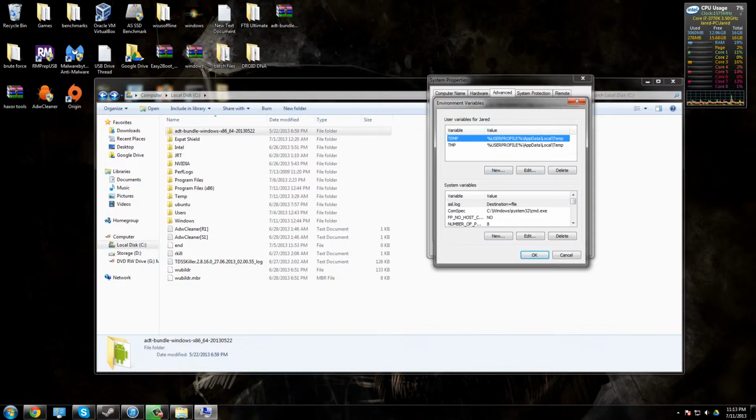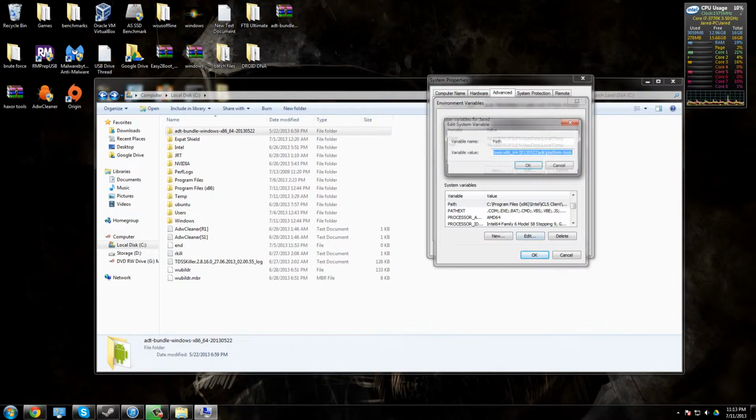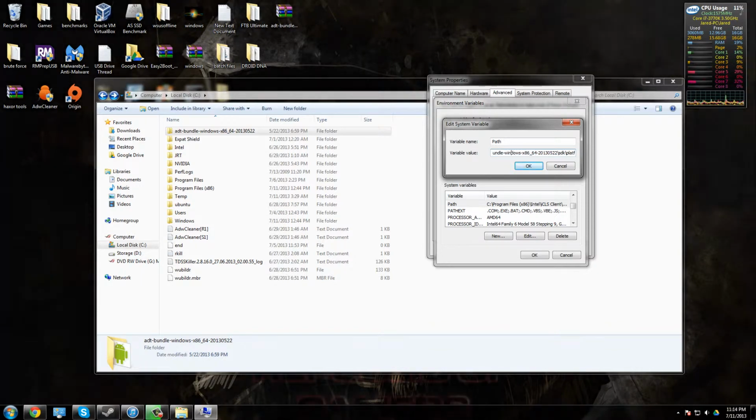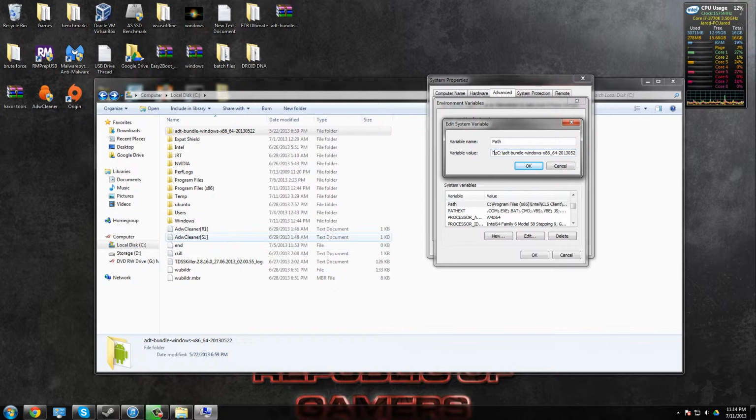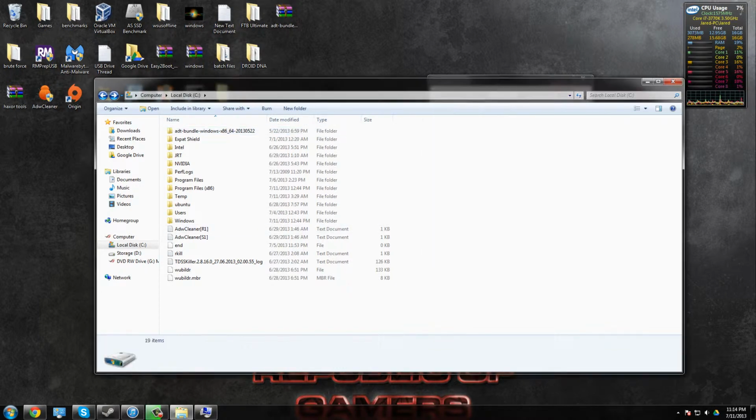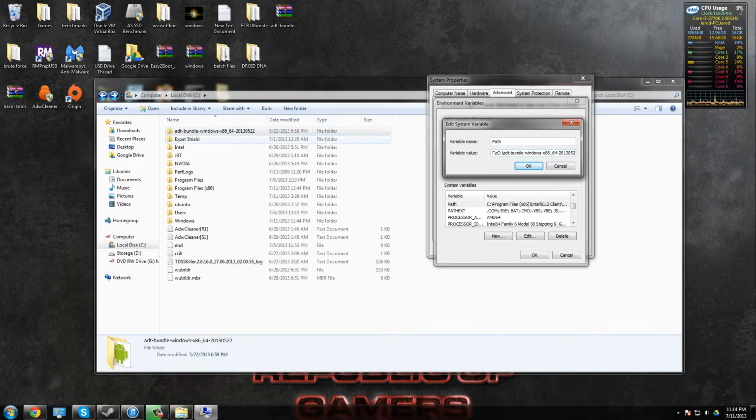Now for the System Variables, scroll down until you see Path. And then you can either double click or click Edit. Just double click. Now, since we extracted it to the C drive, you're going to do a semicolon, C:\, and then type the name of this folder, or if you rename the ADT at all, just type the name of that. So we would do